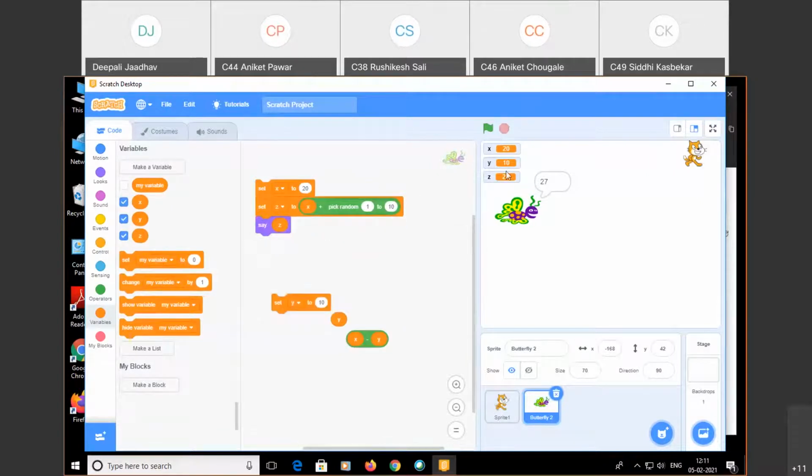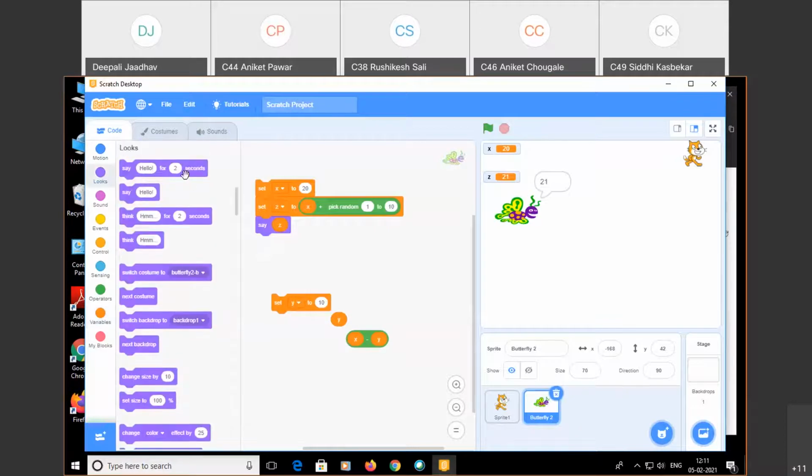So x is equal to 20. Set z to x plus a random number, and say z. I click it here, 23. It says 23. I click again, 23, 27. It says the value, whatever the result or value of z. So in this way you can use say. Say for some seconds is also available.